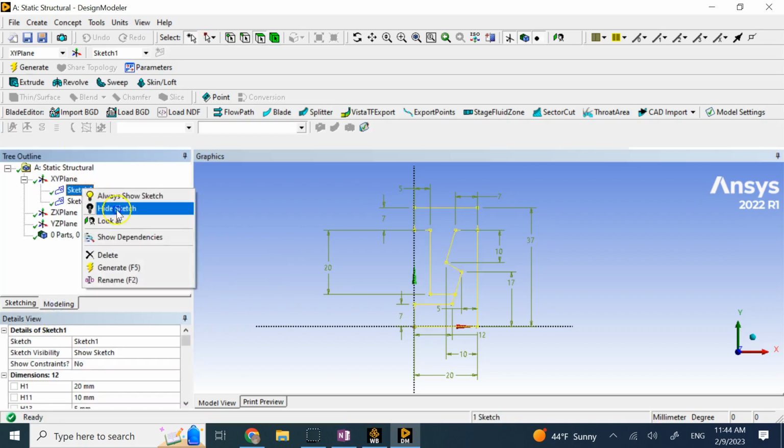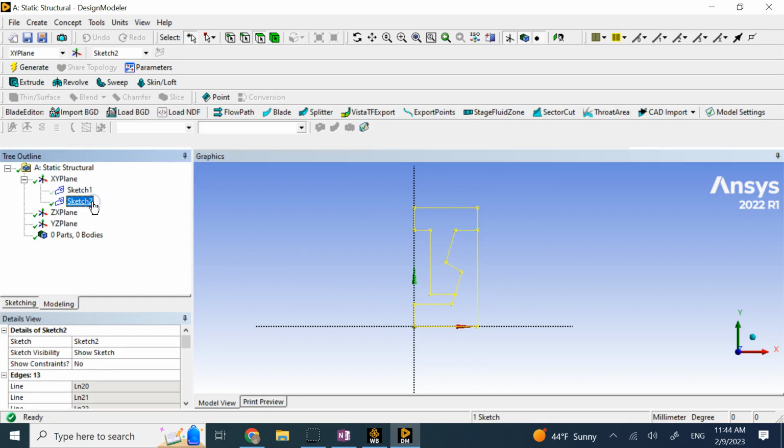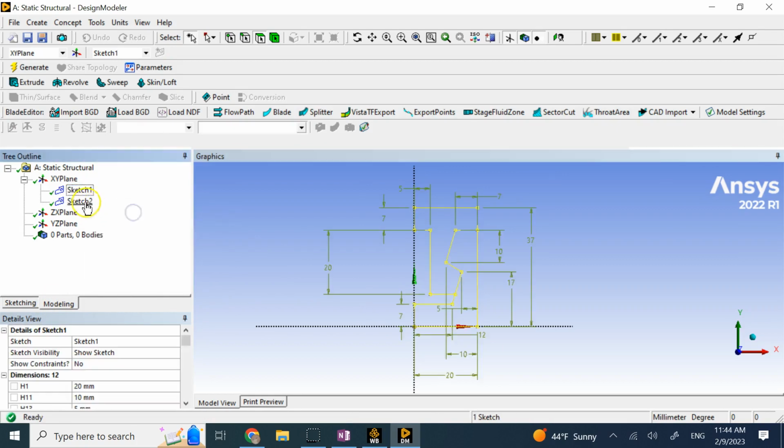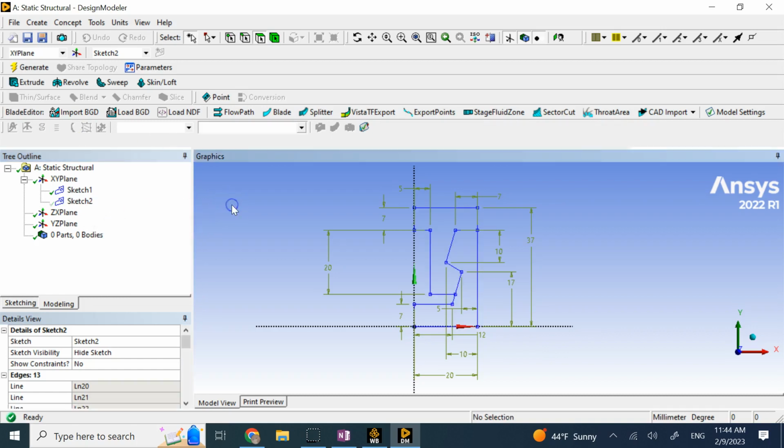So now everything from sketch 1 should be duplicated on sketch 2, and we can check that. If I right click here and hide sketch 1, sketch 2 should be exactly the same as sketch 1 here, as you can see. So I have two identical sketches and they are both fully defined. Now I start